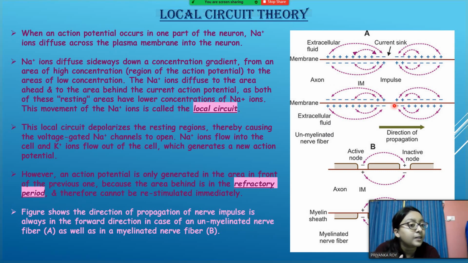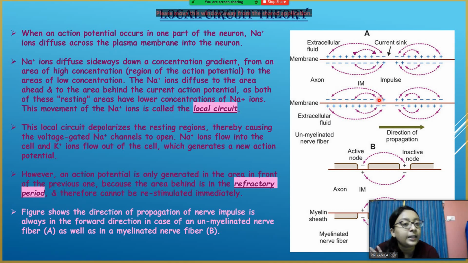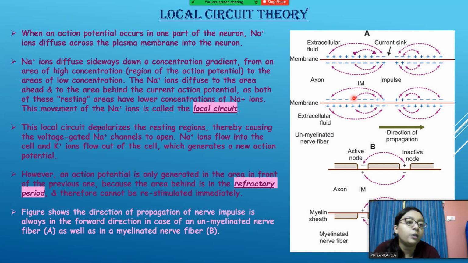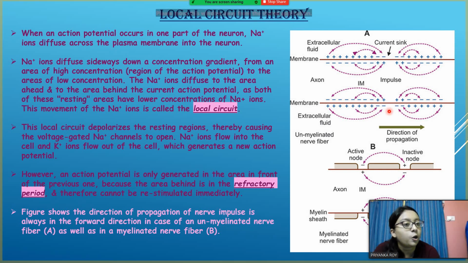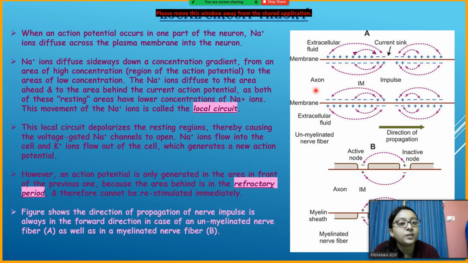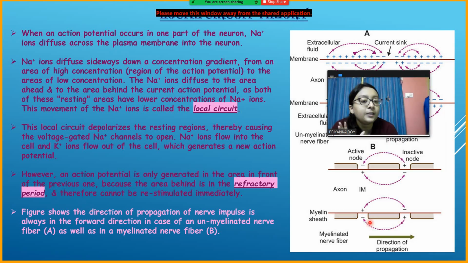So it is quite obvious that this current action potential is definitely generated by this part of the membrane only, because এই দিক থেকে এই দিকে না এলে ডিরেকশনটা তো এদিকে, না হলে এখানে অ্যাকশন পোটেনশিয়াল জেনারেট হতে পারতো না। সো এখানে অবভিয়াসলি একটা অ্যাকশন পোটেনশিয়াল অলরেডি হয়ে গেছে। সো দ্য মেমব্রেন ইজ রিকভারিং নাও, ও এখনো রেস্টিং পোটেনশিয়ালে যাওয়ার চেষ্টা করছে। আর ওই যে ফেজটা যখন ও পুরোপুরি রিকভার করেনি, ওই ফেজটায় আর একটা স্পাইক পোটেনশিয়াল জেনারেট করা পসিবল না। সো অ্যাকশন পোটেনশিয়াল যেটা জেনারেট হবে সেটা ফরওয়ার্ড ডিরেকশনেই হবে, এই পোর্শন অফ দ্য মেমব্রেনে হয়ে যাচ্ছে। সো দিস কাইন্ড অফ সার্কিট অফ আয়ন্স ইজ নোন অ্যাজ দ্য লোকাল সার্কিট। ওকে,